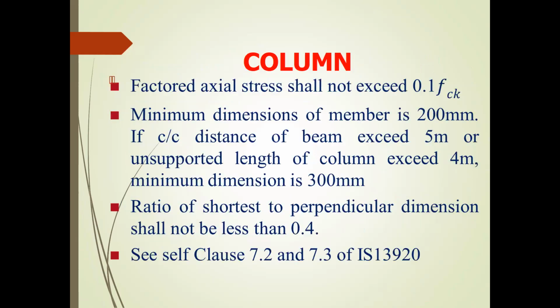Column. Factored axial stress shall not exceed 0.1 fck. Minimum dimension of the member is 200 mm. If the center to center distance of the beam exceeds 5 meters or the unsupported length of the column exceeds 4 meters, the minimum dimension is 300 mm. The ratio of the shorter to the perpendicular dimension shall not be less than 0.4. Refer clauses 7.1 and 7.2 of IS